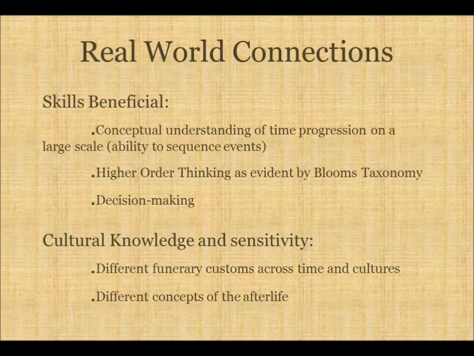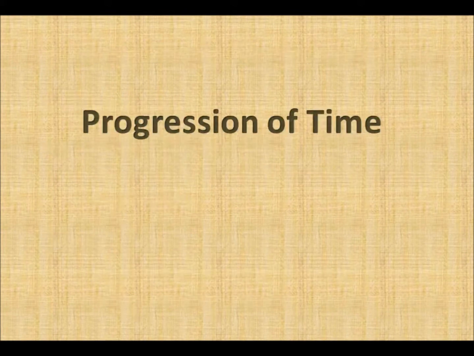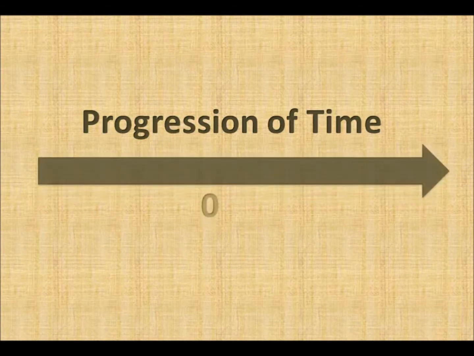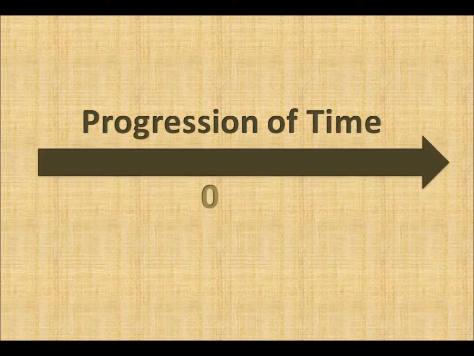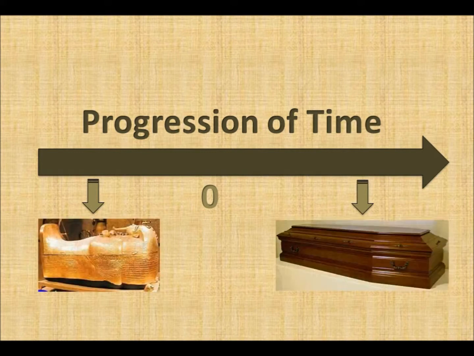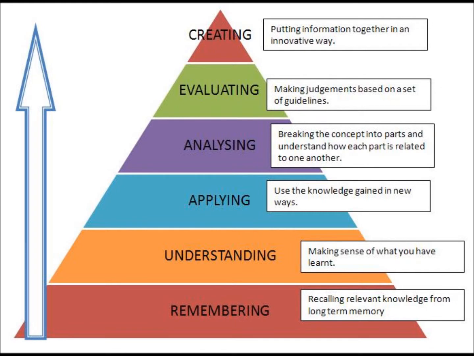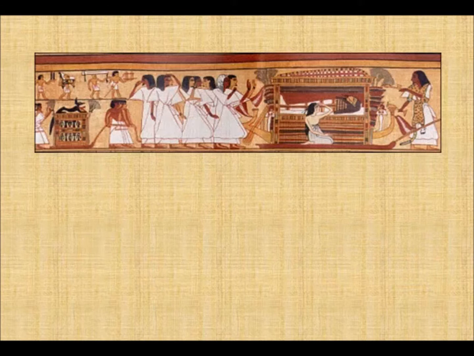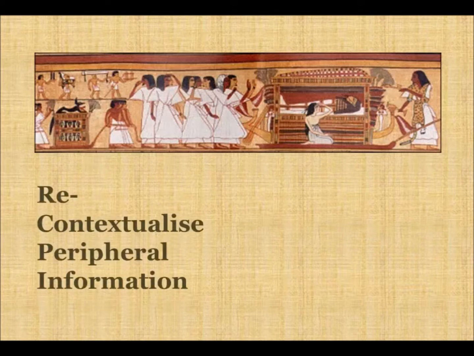While it could be argued that the ancient Egyptian process of mummification has little relevance or connections to the real world, that would be a discredit to both student abilities and the pedagogical area of history. Mummification is an ancient origin of contemporary preservation techniques such as embalming. By knowing one, comparison can be drawn between another, thusly encouraging students to engage in higher order thinking, as evident by Bloom's taxonomy, and ultimately form a concept of time progression on a larger scale, and the ability to recontextualize